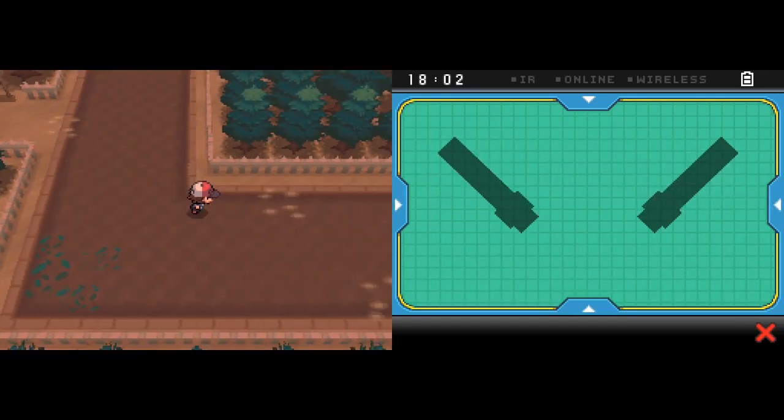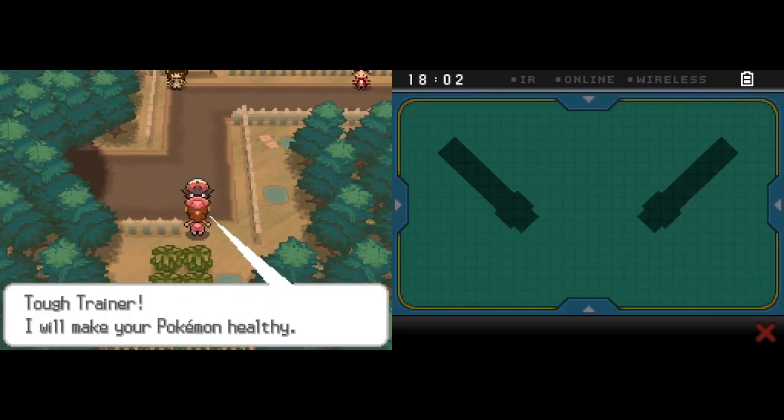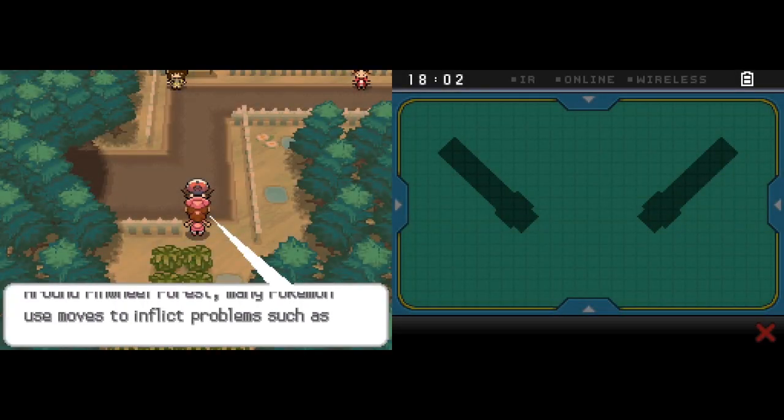Alright. And yeah, we're gonna go ahead now. But anyway, yeah, its pre-evolution Whirlipede actually learns Iron Defense as soon as it evolves, which is also another booster move. You can have fun with that with Baton Pass again. Anyway,